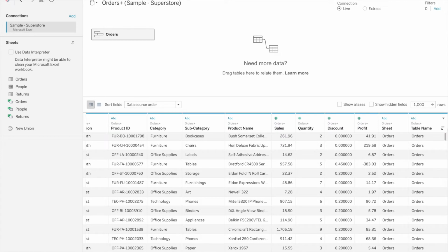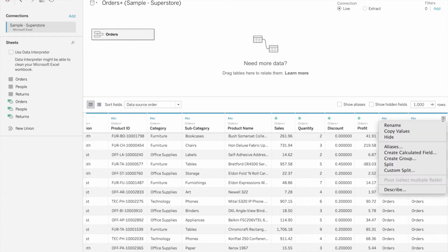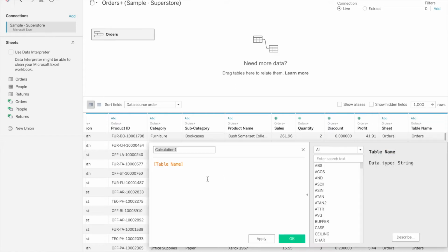Now here you see that there is a separate field called table name added. Now in this table name we will add a calculation and let's give it a name, path.